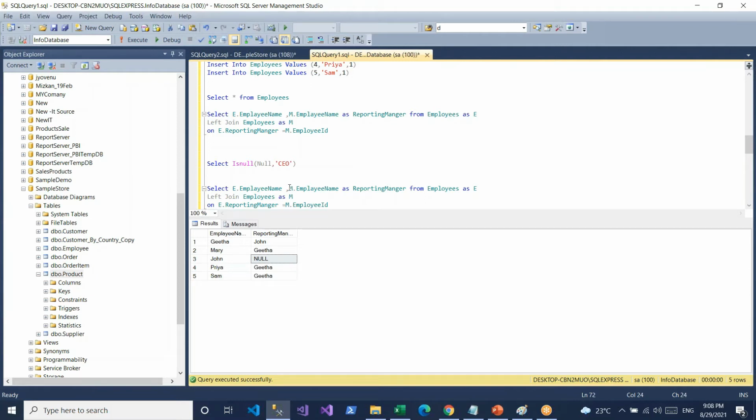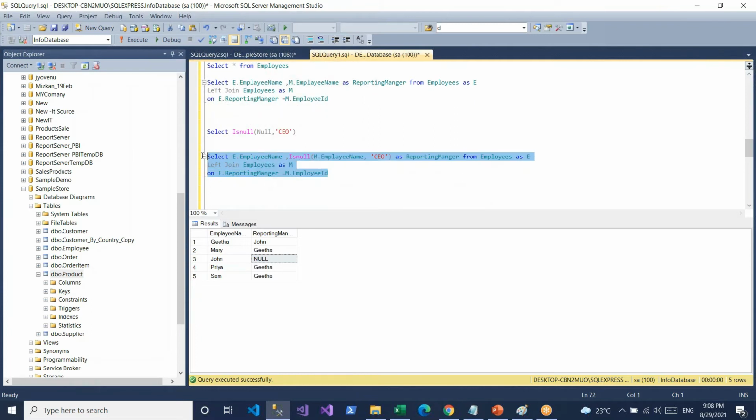ISNULL. Automatically the value will change.